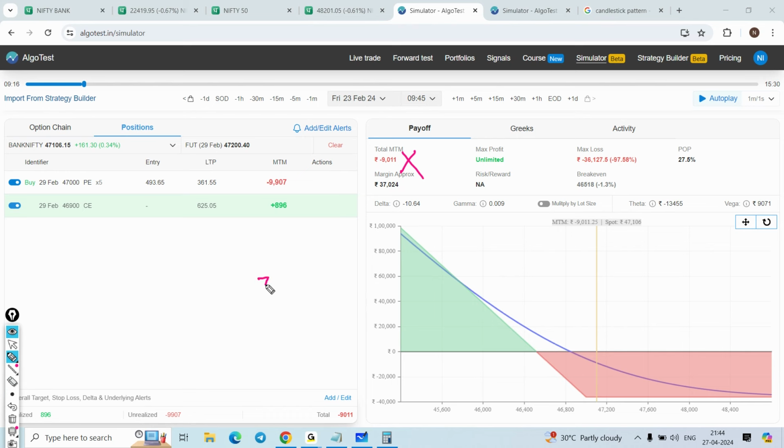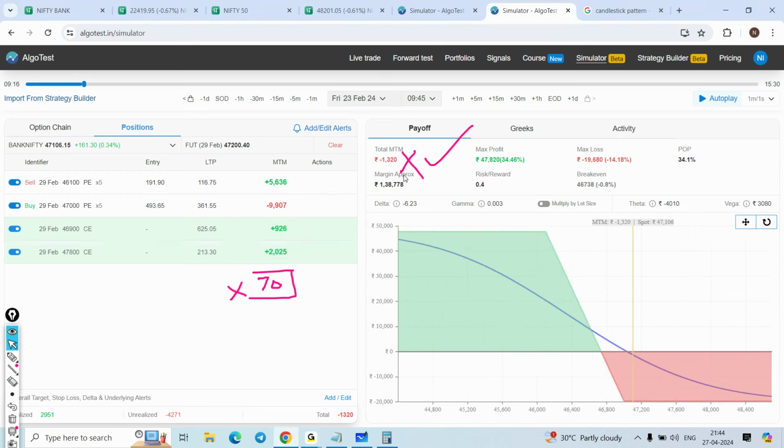Looking at just 70 points against, but you are not looking at this. You are looking at the MTM. I'll tell you practically, 70-80% of traders will square off the position. On the initial days of trading, I was also doing the same. So I know the experience part. 70-80% of traders will square off the position, but not here, 1300. But still, we'll go forward,